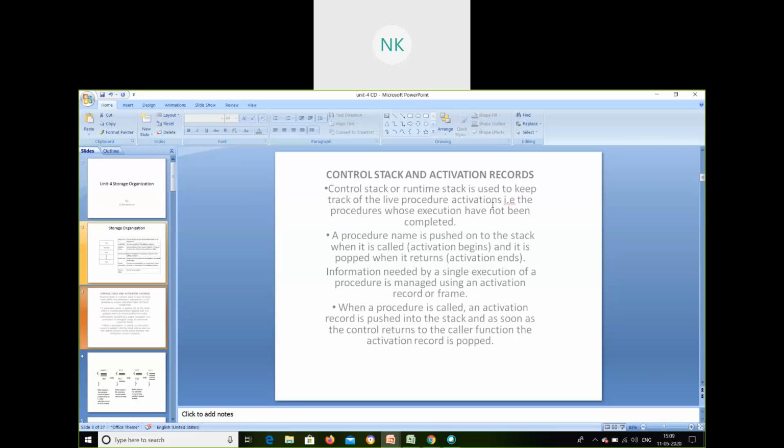For example, I have a program and I am executing that program. If I want to complete that program, I have to execute another program. So the stack will load the activation of that procedure. The called procedure will be loaded and then it starts executing. So the control will be passed to the other program.